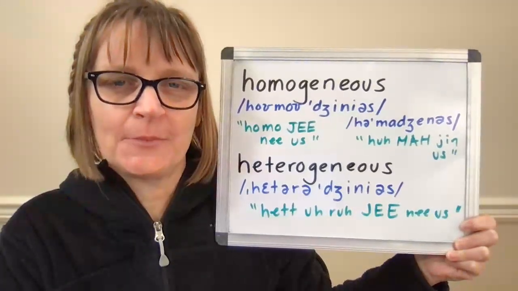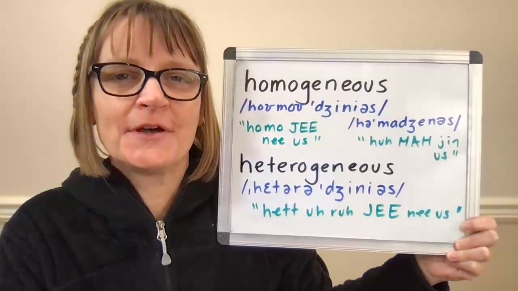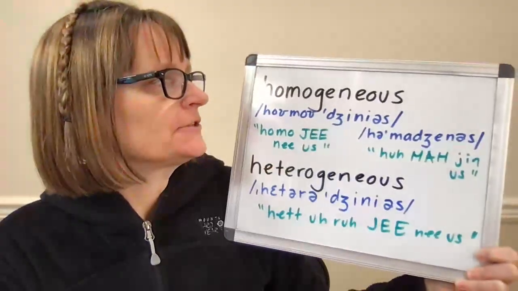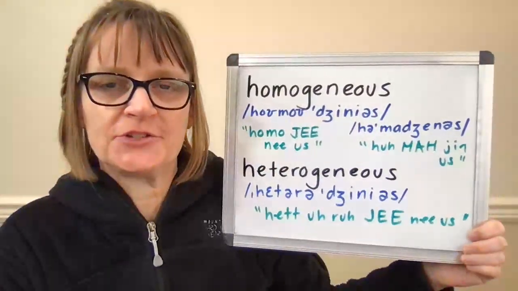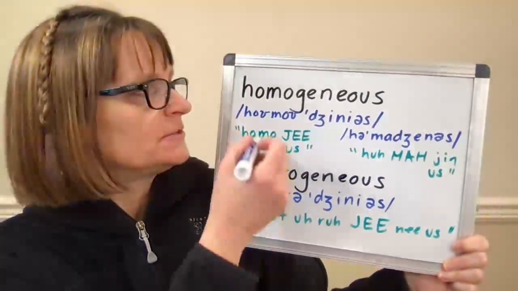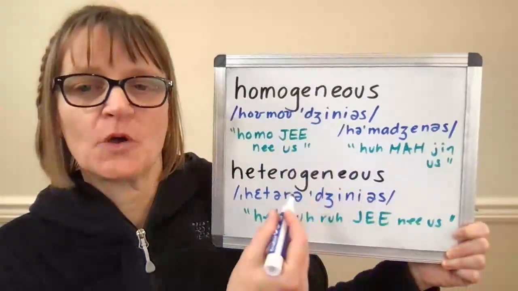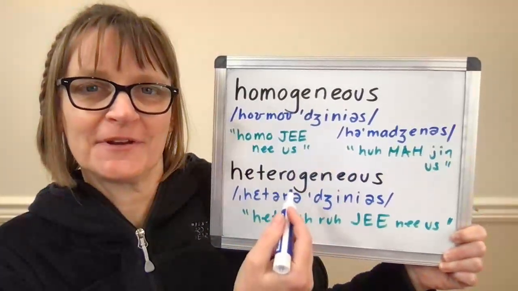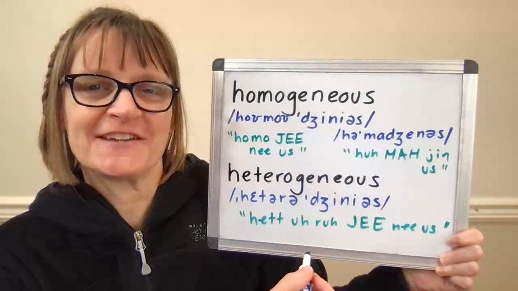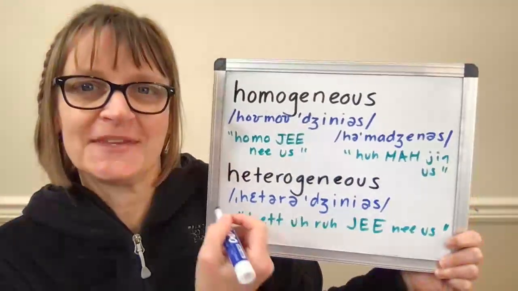In this video, we'll look at how to pronounce homogeneous and heterogeneous. So homogeneous actually has two correct pronunciations. You can either say it the way I just did, or it also can be correctly pronounced another way. So let's look at both of these pronunciations and talk about how to do them easily and fluently